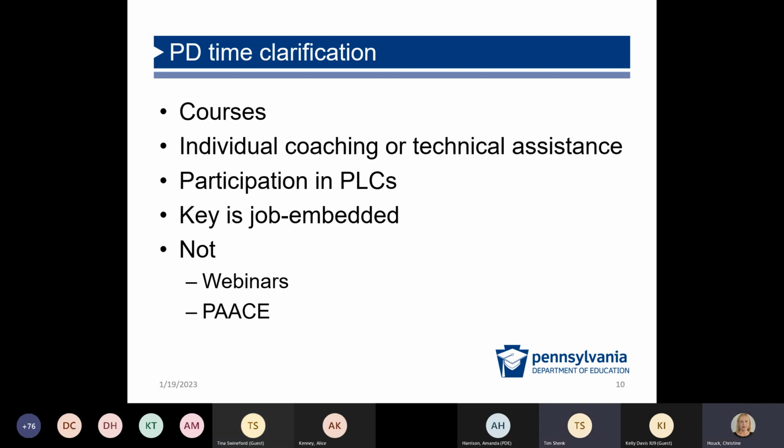Yes, the fee is for the processing fee, so that would go to IU 11 to be able to process the Act 48. You have to document which sessions you went to, and you have to do your survey and give feedback, just like you would for any other Act 48 credit worthy professional development. Thank you.